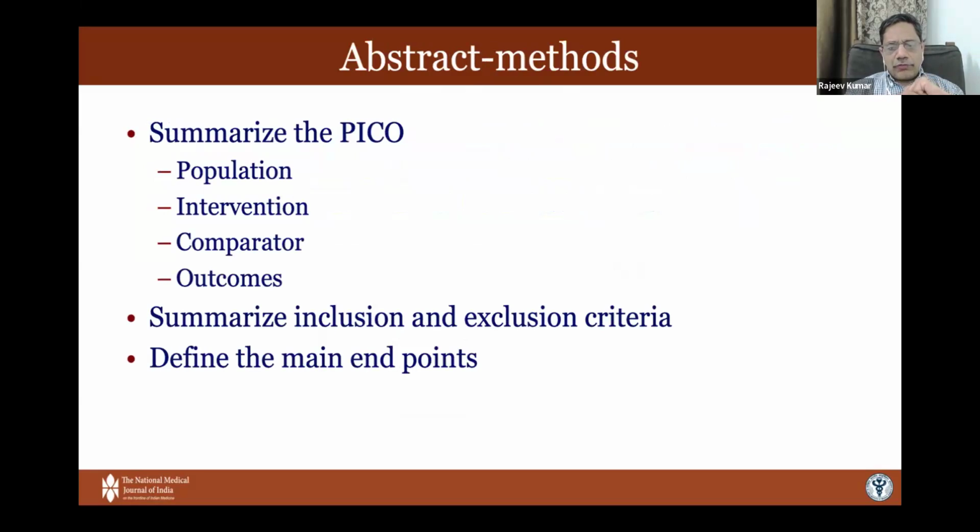The second section of an abstract is the methods. And again, the checklist that I talked about: methods must describe the PICO, and I've described the PICO to you earlier. So your population, intervention, comparison, and outcomes, all these aspects must be described within the methods. Now, remember, we only have 250 words to write an abstract. So you can't write the full paper here. In the full paper, the methods may very well be 500 words long.